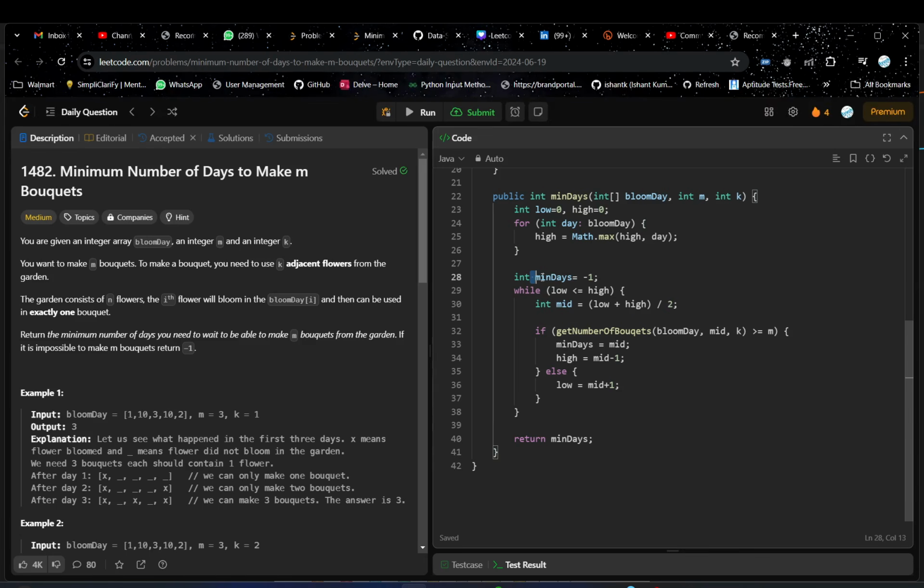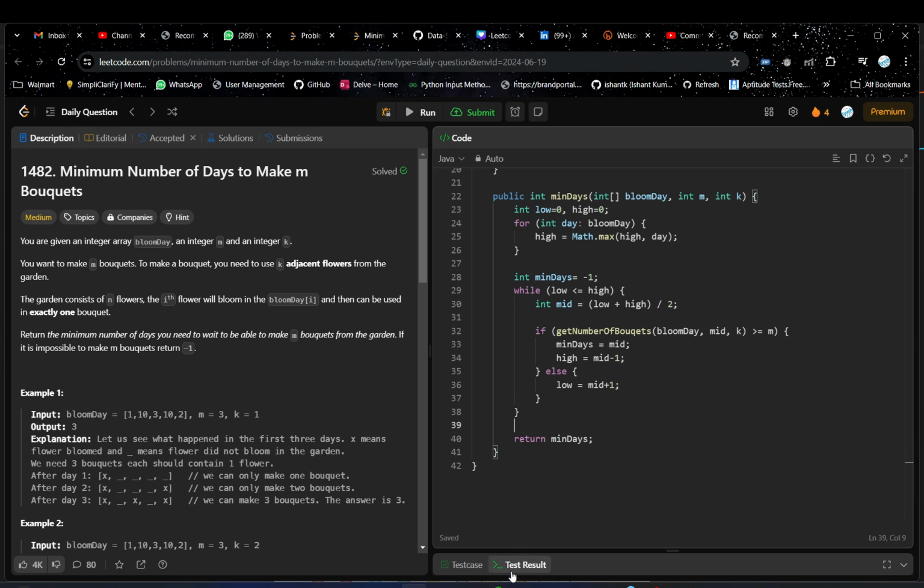Then we took this variable minDays, which this function will return, and then we are simply doing binary search. If the number of bouquets formed is greater than or equal to m, we will store the answer minDays, because this could be a possible answer, and we will try and search for a lower answer. Otherwise we just do low is equal to mid plus 1.